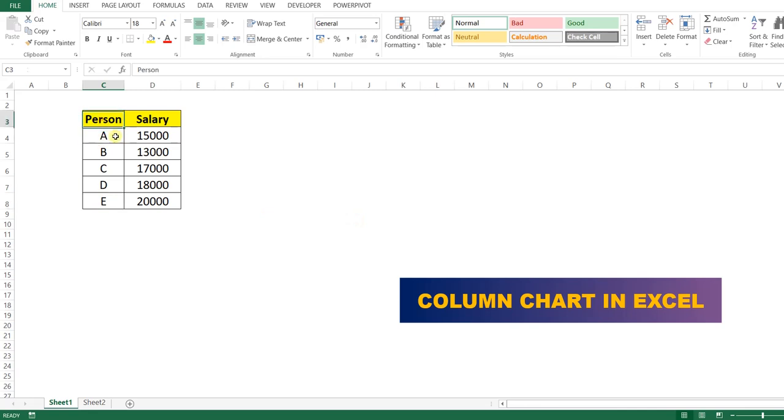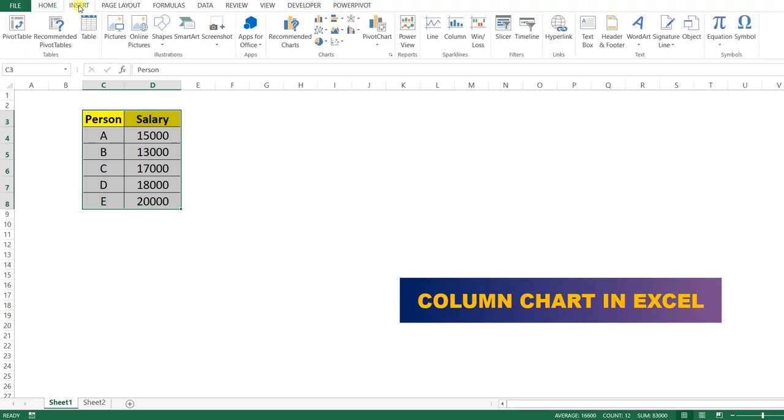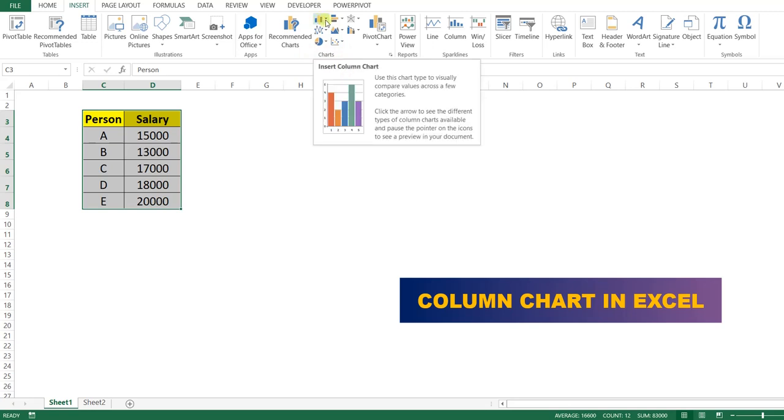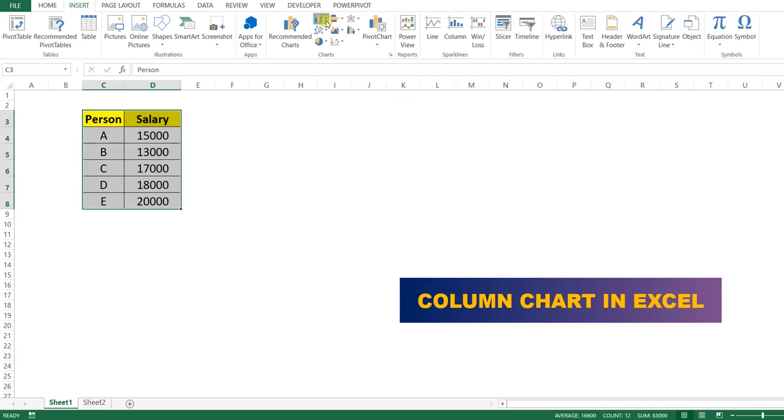For this we have to select entire data and we have to click on the insert tab which is available in the ribbon. Once we go to the insert tab, we can see chart group. Under chart group, here we can see the option insert column chart. If we look carefully, there is one drop down button available beside this, so we have to click on this